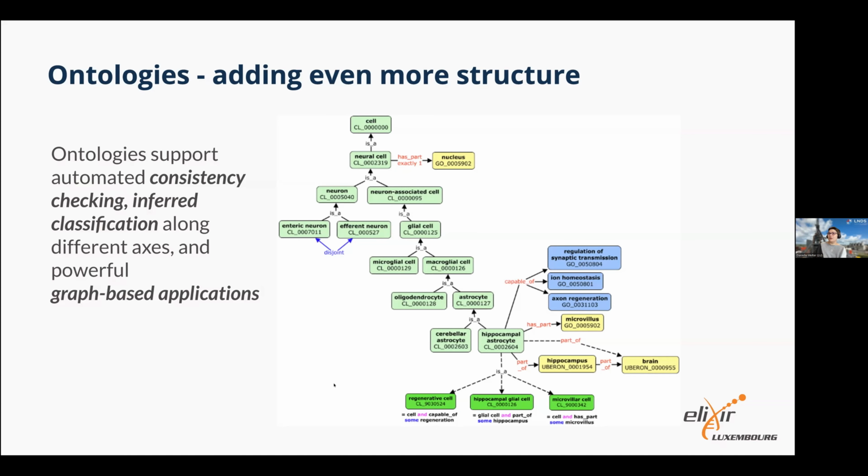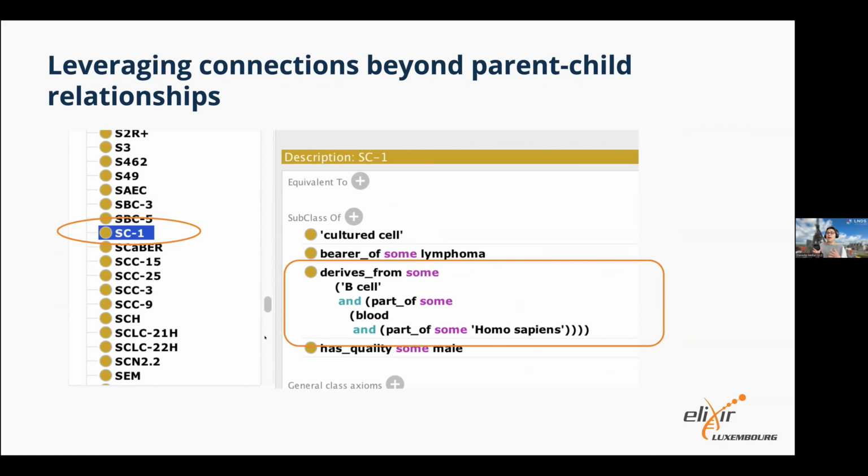I'll give you a proper example that still exists here. You don't need to take too much away from this example in terms of the particularities. It's about cell lines. Don't worry if you don't know anything about cell lines, but it's about showing what ontologies can do really concretely with an example. So we've got here a cell line called SC1. You don't need to know anything about it other than it's a human cell line derived from a lymphoma in a male. And what's important here is these facts that we stated about it. We stated it derives from a B cell and from a blood sample, and indeed that it is human.